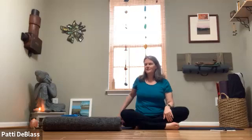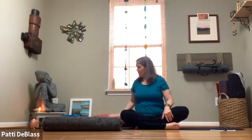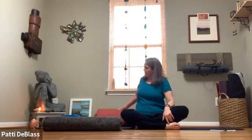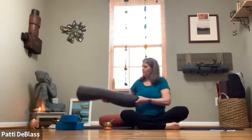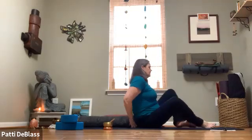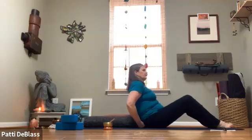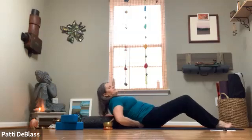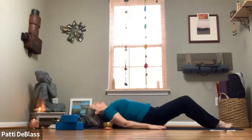Then as you're ready, we're going to transition into a heart opener to start. So if you have pillows, you're welcome to place them along the mat. If you're going to use the blanket, placing it long on the mat. And then as you're ready, just reclining down onto your props, letting your props move along the spine,